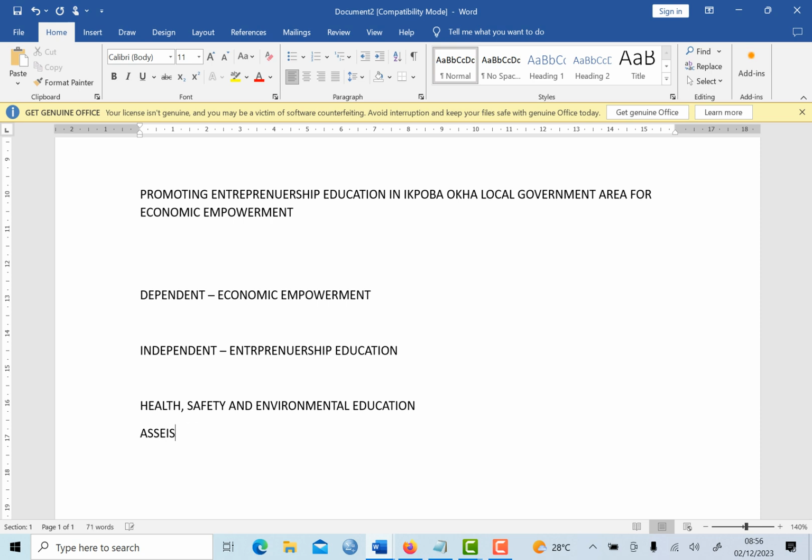Assessing the impacts of poor sanitation on public health in Oredo local government area. Most of you already know how to identify these variables from what we have taught previously. So in this place, we are going to check the impact of poor sanitation on public health in Oredo local government area. So the independent variable here,